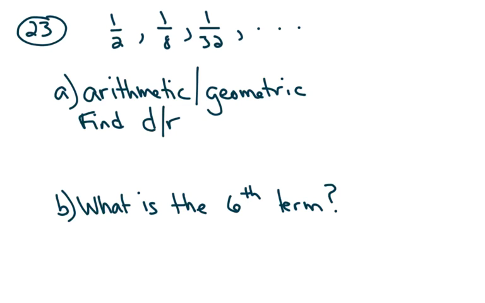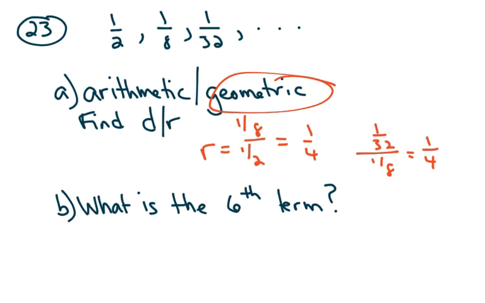Number 23, for the sequence 1/2, 1/8, 1 over 32, determine if it's arithmetic or geometric, find d or r, and then find the 6th term. You can usually take a guess that if the terms are fractions, it's probably geometric or it's neither. So if it's geometric, the common ratio is really easy to find. You take the second term and divide it by the first term. 1/8 divided by 1/2 is 1/4. If 1 over 32 over 1 over 8 is also 1/4, then it's geometric and the common ratio is 1/4,